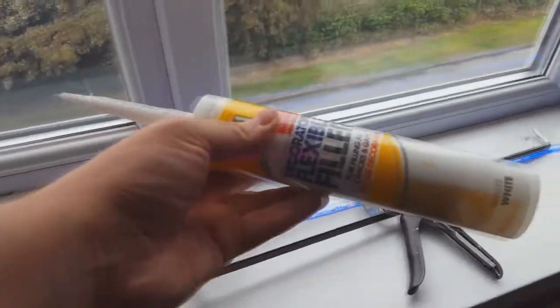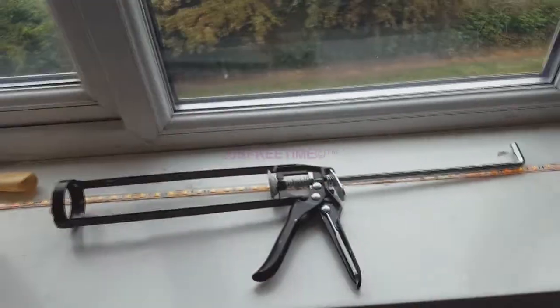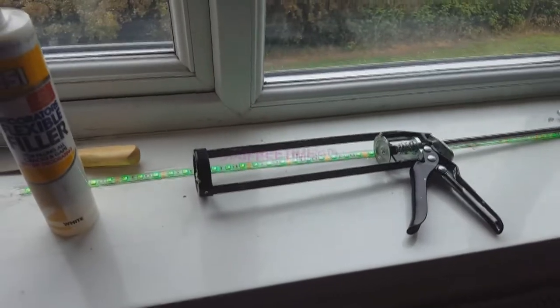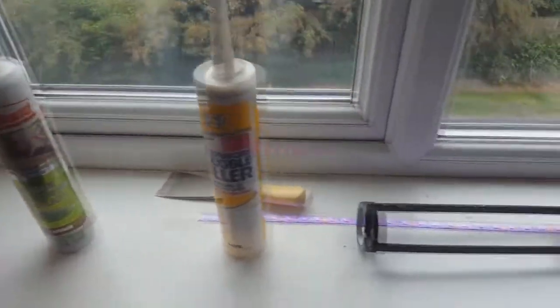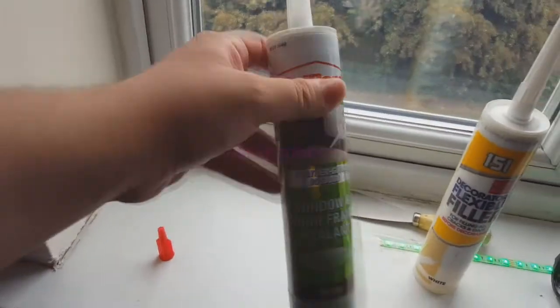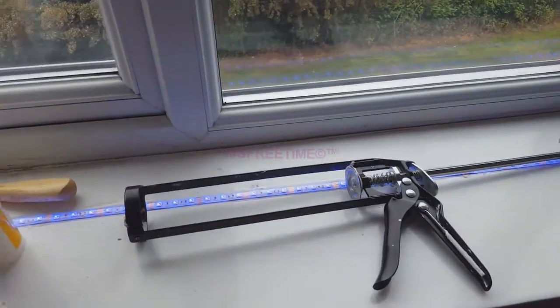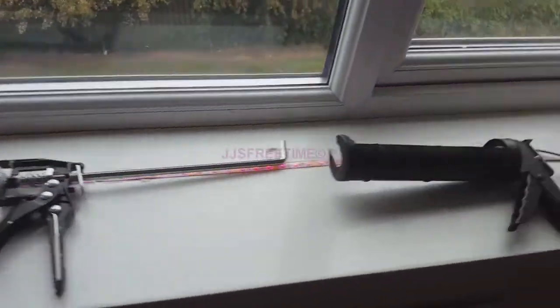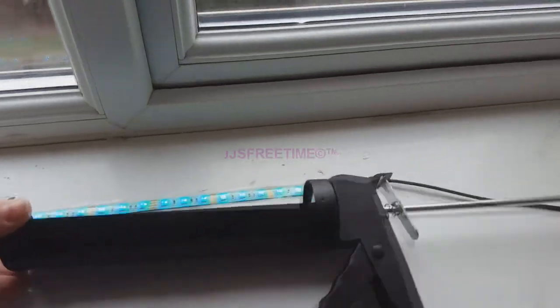Because we have two of these now, it's going to be a bit confusing and a bit of a nightmare to keep getting them out every so often to change. Say, I wanted to use the filler, but then I want to use the window stuff. I don't want to get confused and end up squirting this stuff, thinking it's filler, all over the walls. So I need to get that sorted. So I got myself a Poundland cock gun, which I'm surprised it works,